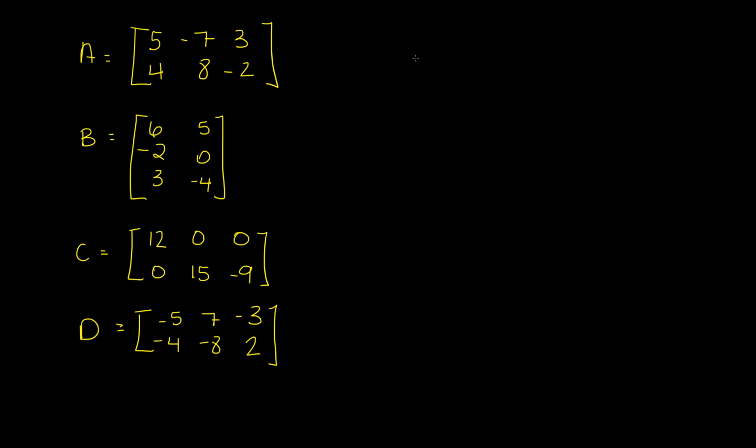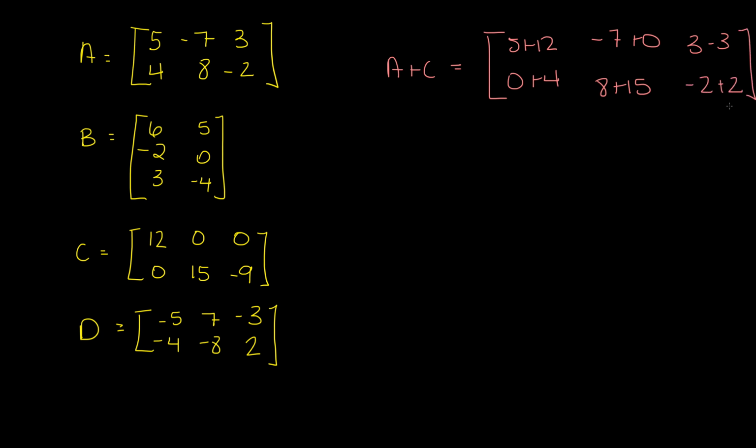A plus C would be 5 plus 12, 0 plus 4, negative 7 plus 0, 8 plus 15, 3 minus 3, negative 2 plus 2. So then A plus C would equal,